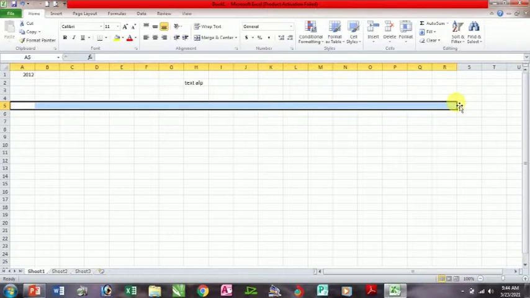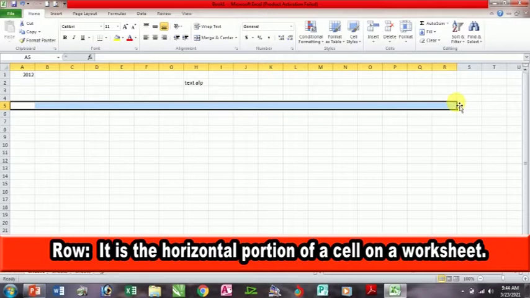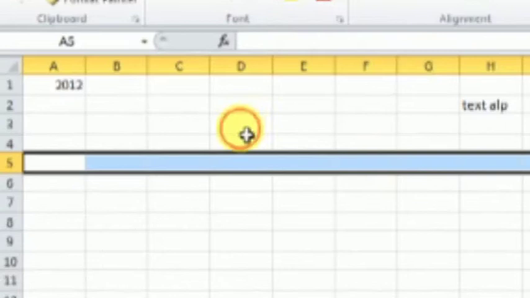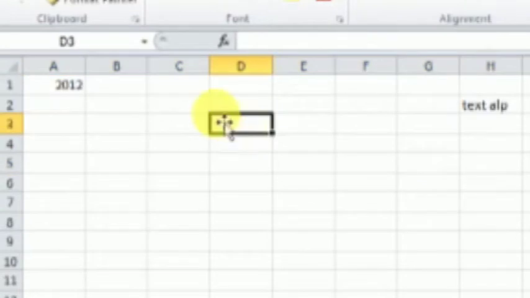Rows can be explained as the horizontal portion of a given cell. When you pick a single cell, it has a horizontal portion at the top and at the bottom. So a row simply refers to a horizontal portion of a given cell.